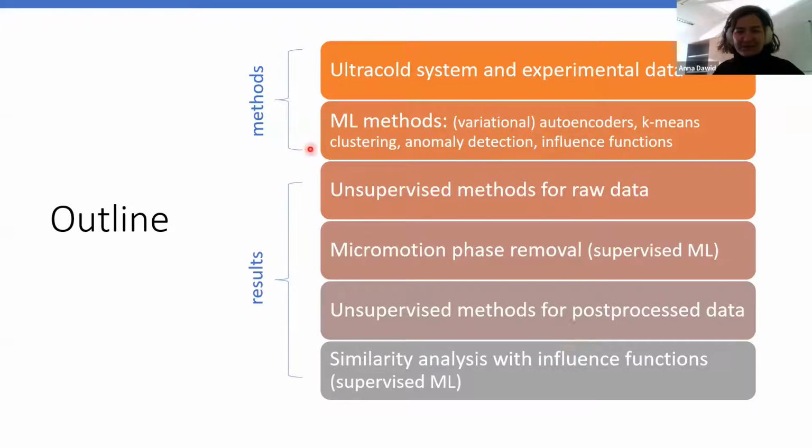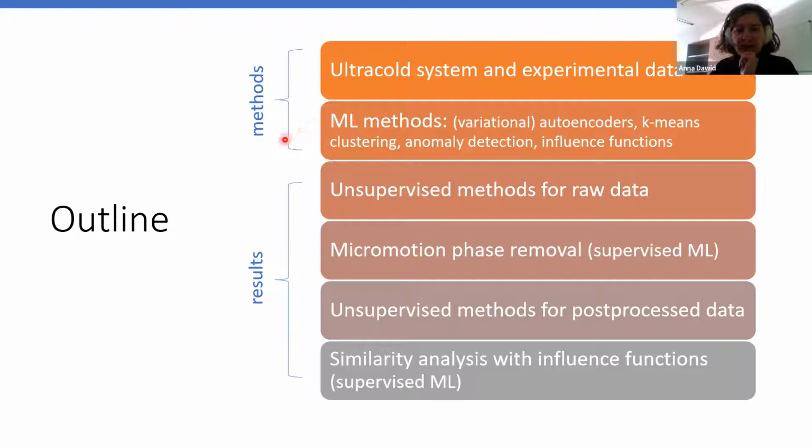So I will start with describing the model and the system and experimental realization. And this is the moment when you can destroy me with questions, because of course I'm not an expert on experiments, on experimental realization, but I will do my best. Then I will describe the machine learning methods we used. And this is a pretty technical part because we needed to use a series of techniques, but I hope I will be able to explain it as intuitively as possible, without getting maybe too much into detail.